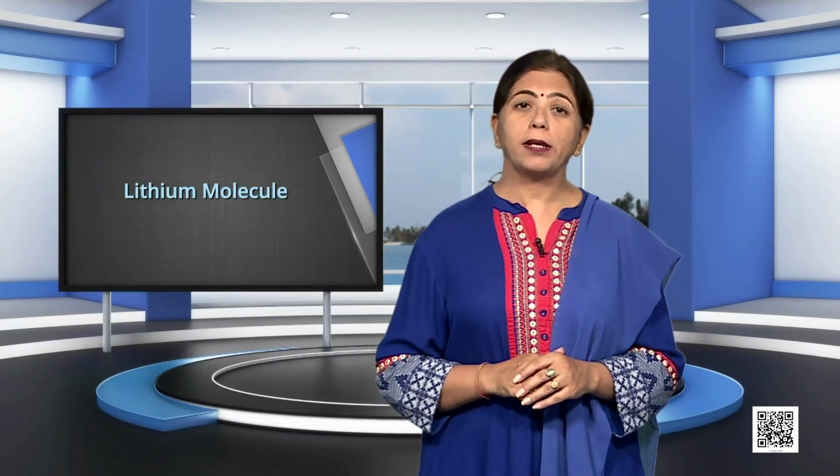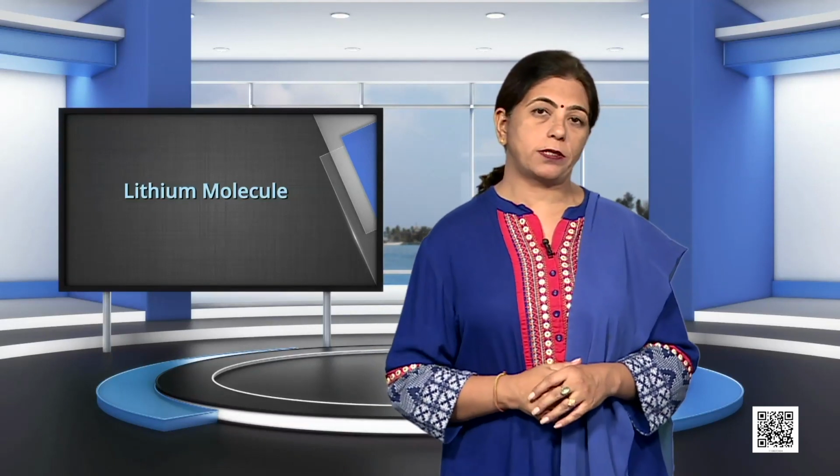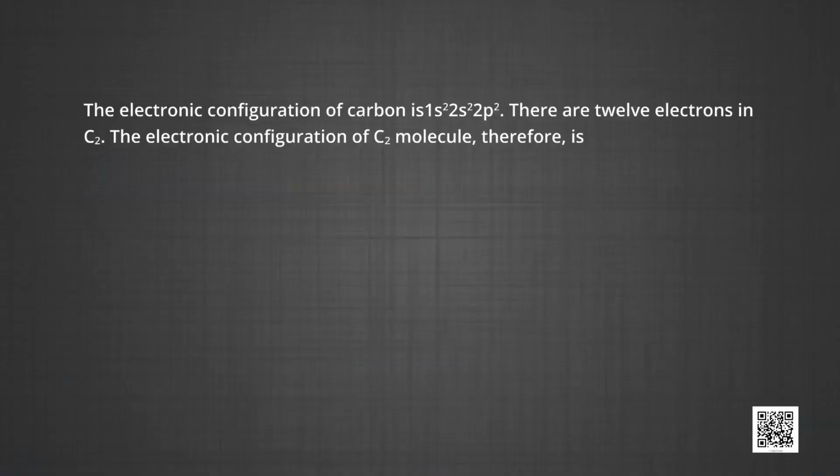Indeed, diamagnetic lithium molecules are known to exist in the vapor phase. The fourth example is the carbon molecule. The electronic configuration of carbon is 1s2, 2s2, 2p2. There are 12 electrons in the carbon molecule. The electronic configuration of the carbon molecule therefore is,